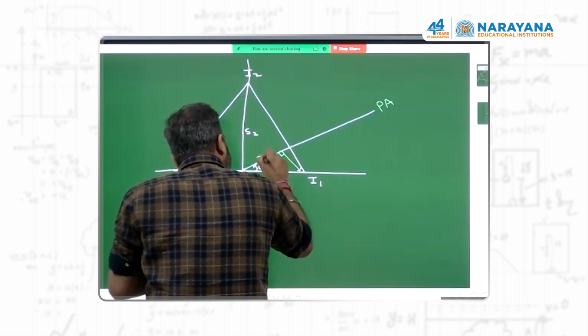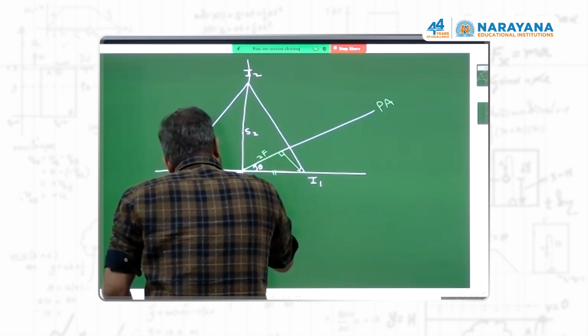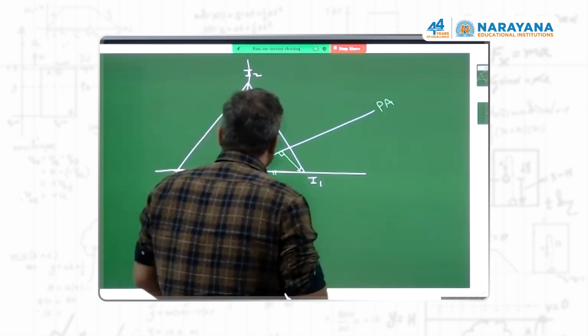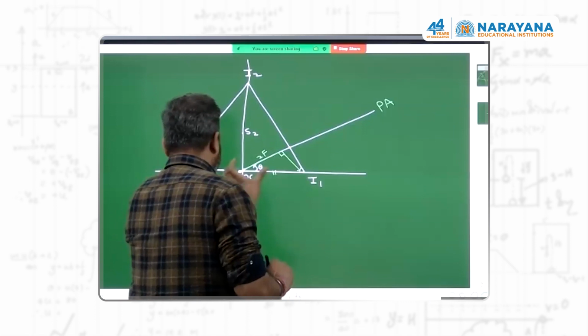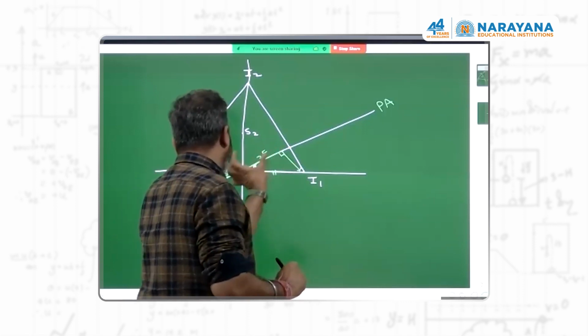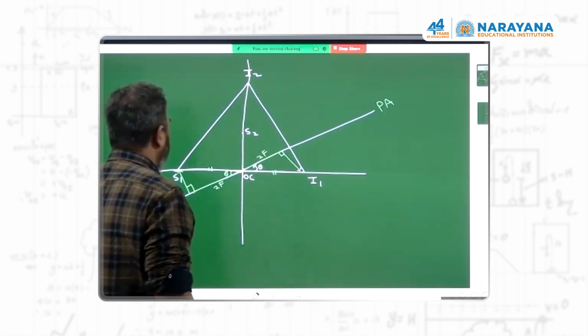So practically this is 2f. Real and inverted image of same size. That is possible. This size and this size is equal. That is possible only when they are at a distance of 2f. And remember,